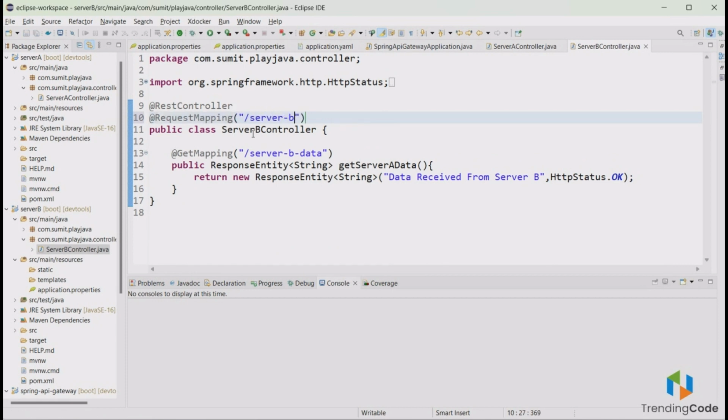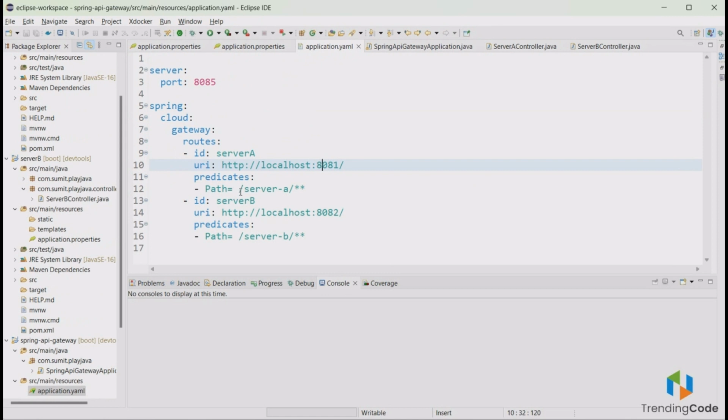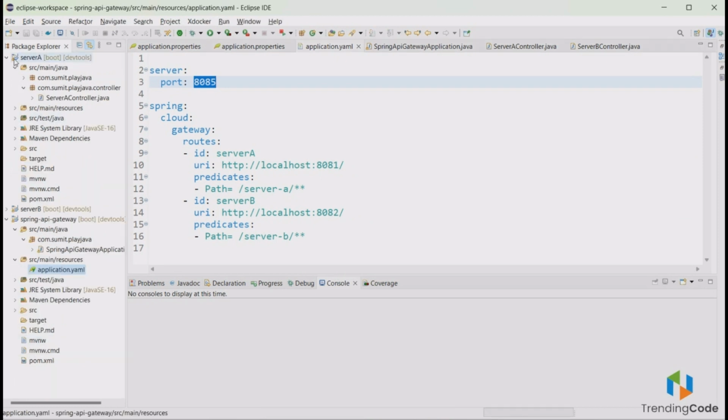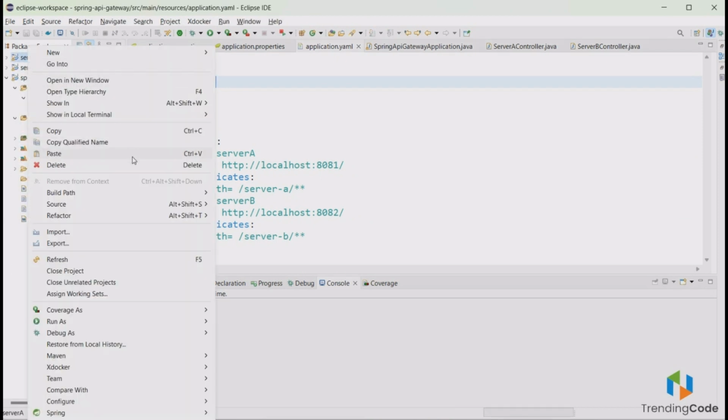So what we've done is we've created server B and server B controller, server A and server A controller with a request mapping, and changed the path from server A for server A and server B for server B. Server B is running at 8082, server A is running on 8081, and 8085 is the port of my API gateway. Let's minimize this part. Let's minimize this part also. Let's run this, run as